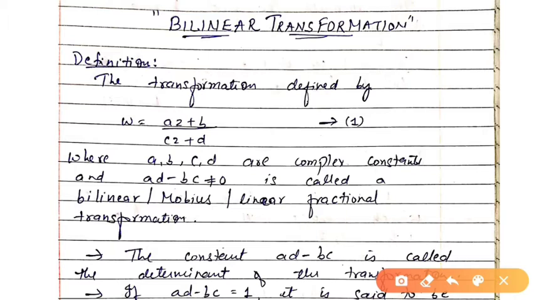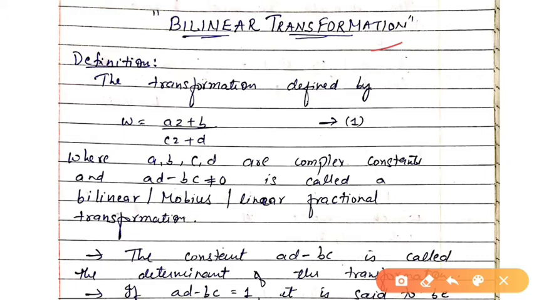Now, in our complex analysis, we have studied various topics, and in my previous lecture, we have learned what is conformal mapping and how to convert the image from Z plane to W plane. Today we will move towards our next important topic, that is bilinear transformation. First, let us see the definition of bilinear transformation, and then we will see some of its examples, and we will discuss what are fixed point and what are normal form of bilinear transformation.